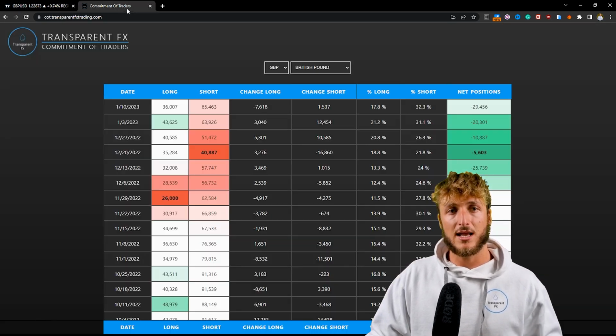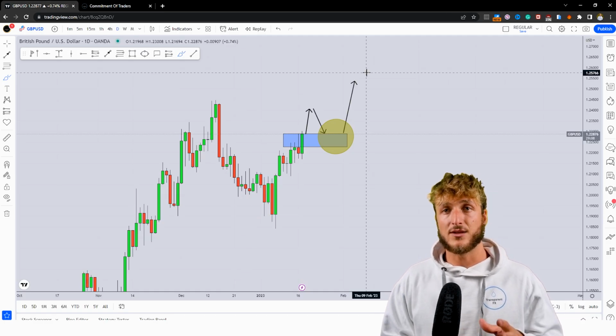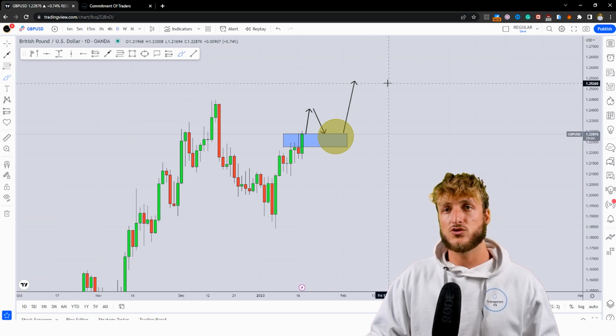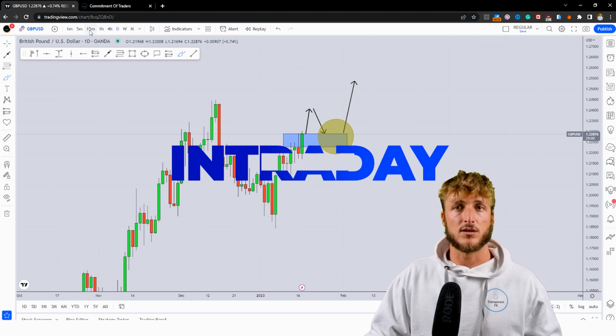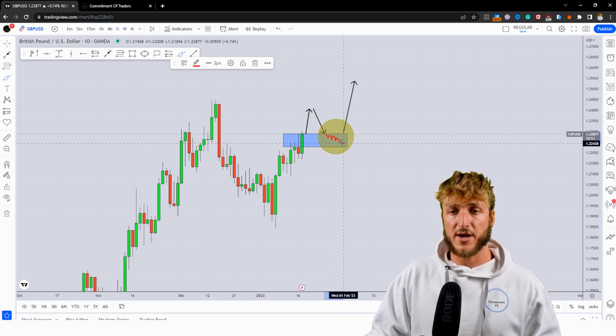The monthly, weekly, and daily combined with the COT data, those are the best time frames from a directional perspective. However, when it comes to confirmations and entries, the best time frames are the intraday time frames, so 4 hour and lower. Therefore, what we could be doing is monitoring price action from an intraday perspective during this move to